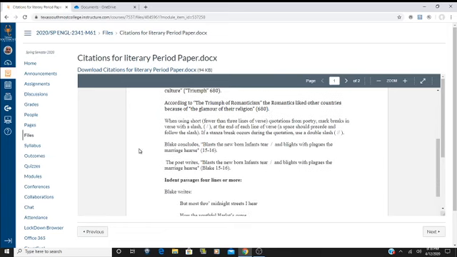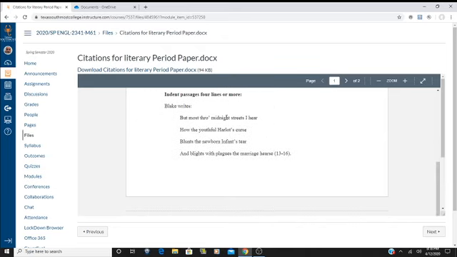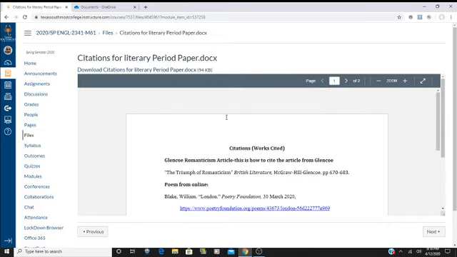When you do quotes from a poem, you're going to put a space here and a space here and a slash so that you know that the line starts new. If you do more than 4 lines, you're going to indent the lines 4 or more. Now, this isn't everything you need to know about citations, but it's a lot.